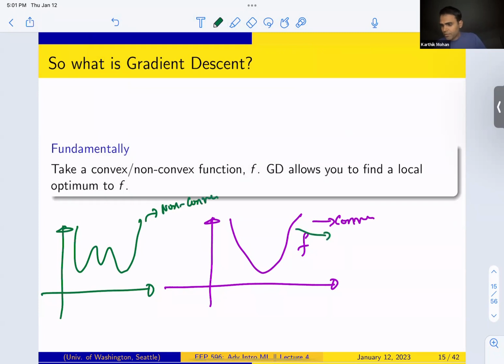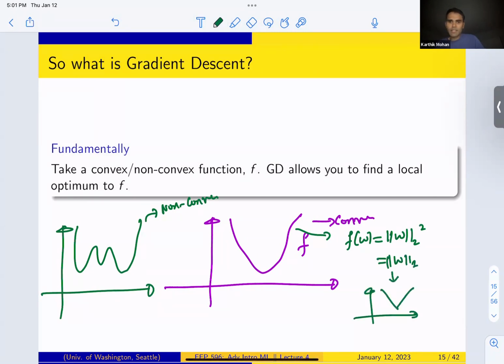So let's say you have W squared. The Euclidean norm, for instance, is convex. Even the L1 norm is convex because L1 norm looks like this, a triangle that's convex. But most functions in machine learning that you optimize look like this. They're not convex,